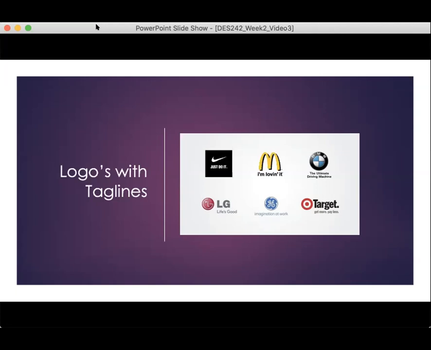And always, always make sure you shrink your logo down and look at it from a distance, because nine times out of 10, that is probably how you're going to see it. So testing out your logo, printing it at different sizes, just looking at it, is super, super important, because if you cannot read it at a certain size,